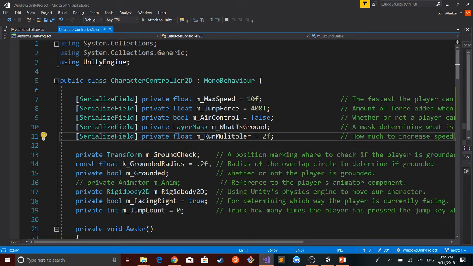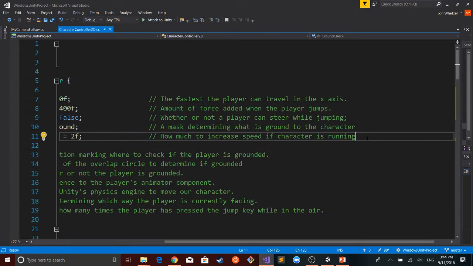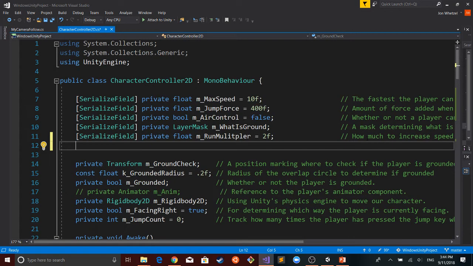One thing we can do is set the limit such that you can modify it in the editor. So if you wanted to have a double jump or triple jump, you would have the ability to do it. This is a little different.